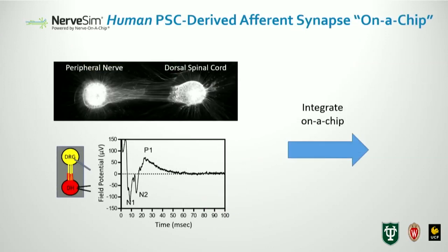Now that work was actually started with rat. Now we're moving into human work. And where we're going with all of this, again coming out of that conversation next door, is really fit for purpose and throughput. A lot of what we were doing was lower throughput, and it was really good for use in a mechanistic and investigative toxicology setting. Now we need to get that throughput up so we can get into discovery applications for it, and that's essentially